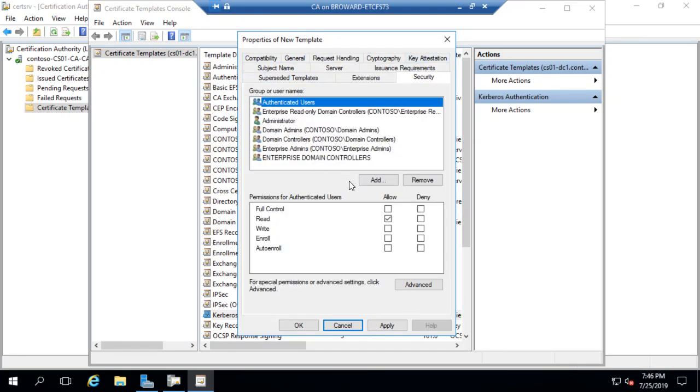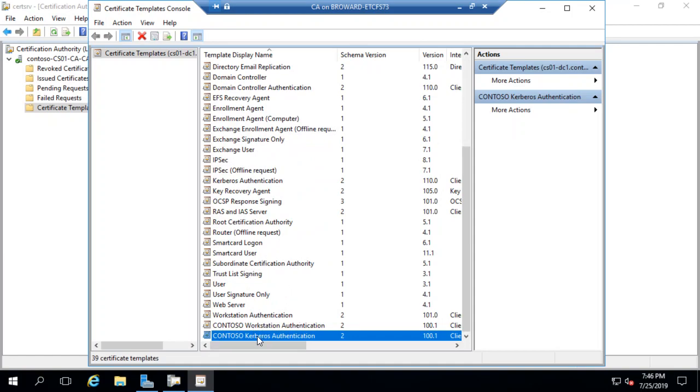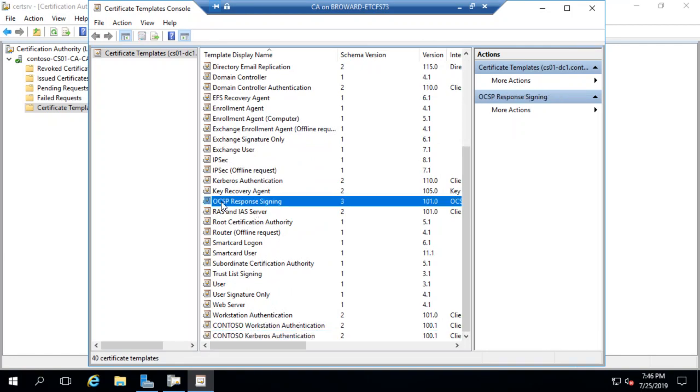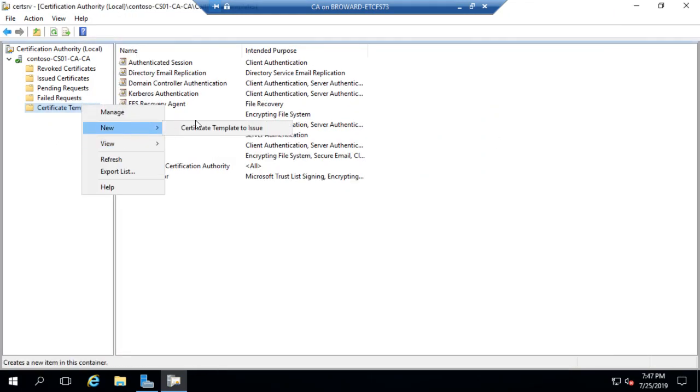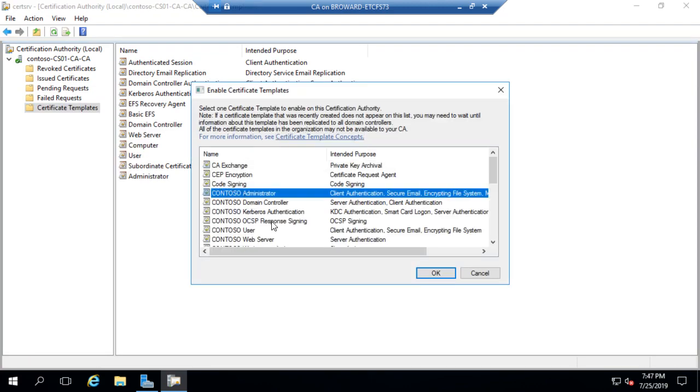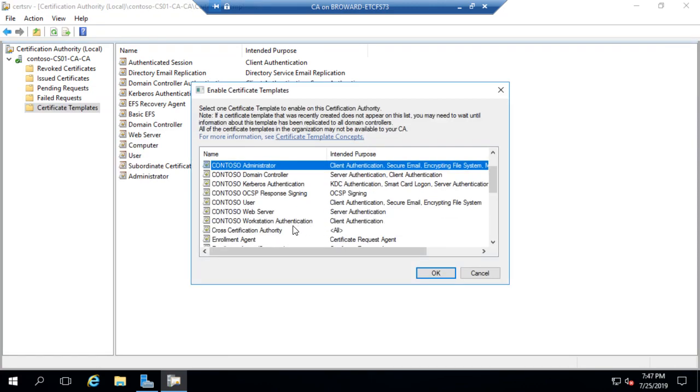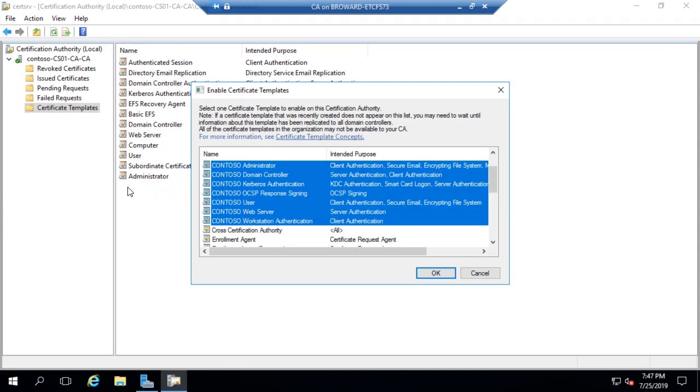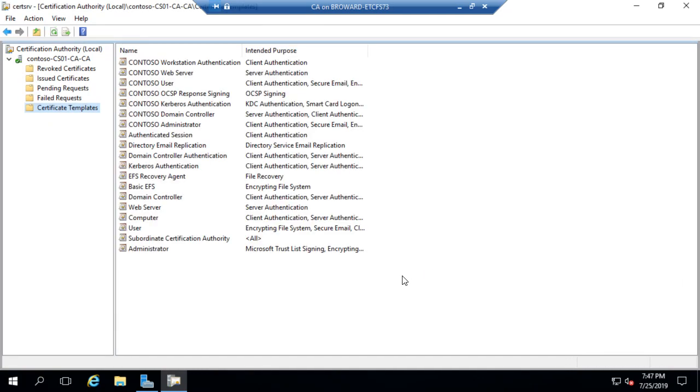Guys, I don't care which one you issue, at the very minimum, for this lab, you need to have web and OCSP. Those are really the only two certificates I'm going to use right now. Guys, you can't make a change to the certificates once you've generated it. The only thing you can do at that point is delete it from here, go delete the template,